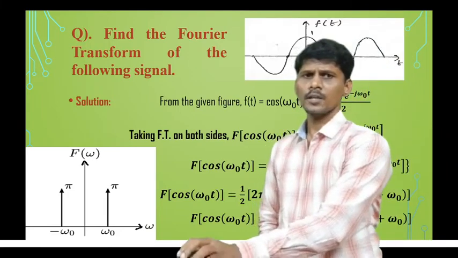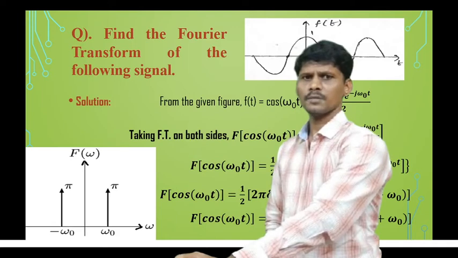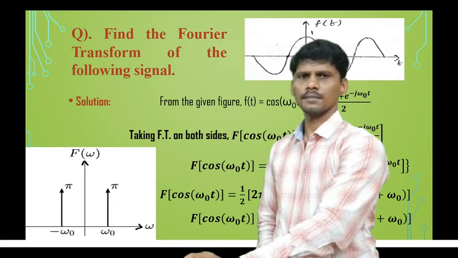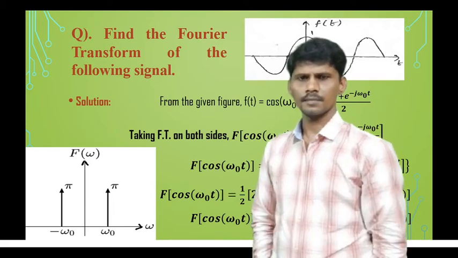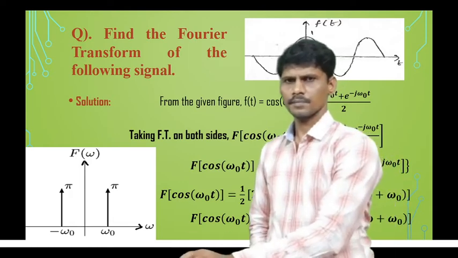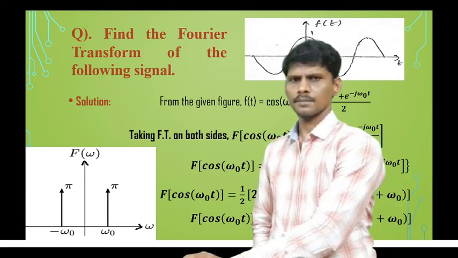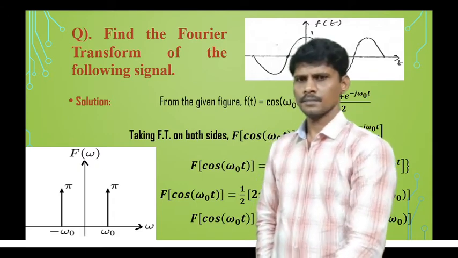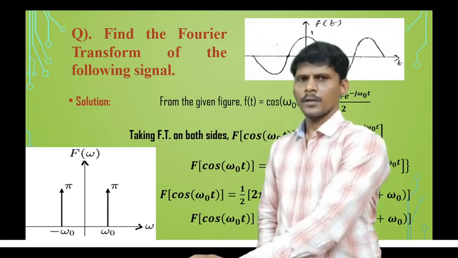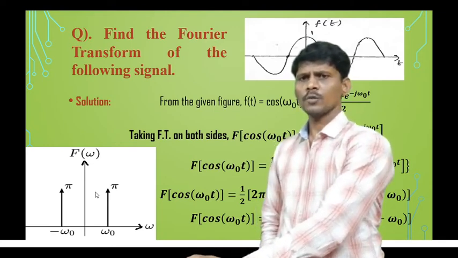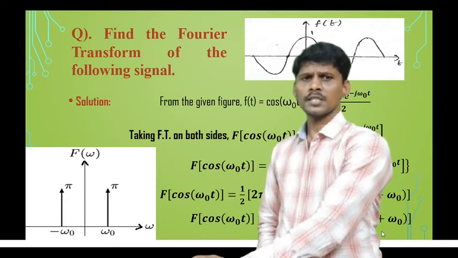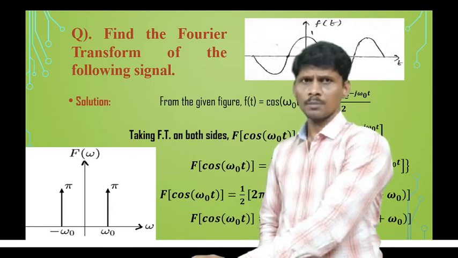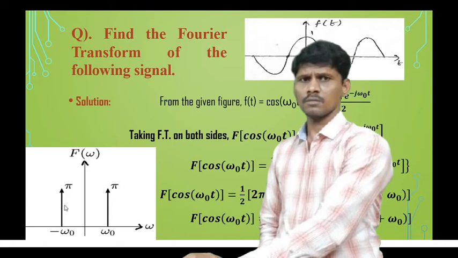In the first term, an impulse function is present at omega equal to omega naught, and the magnitude is pi. And in the second term, an impulse function exists at omega equal to minus omega naught. At that point, the magnitude is pi. So this is